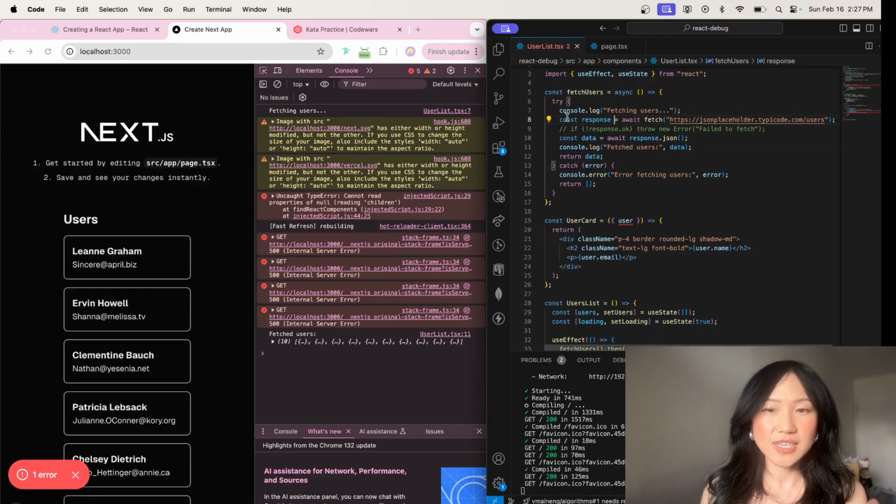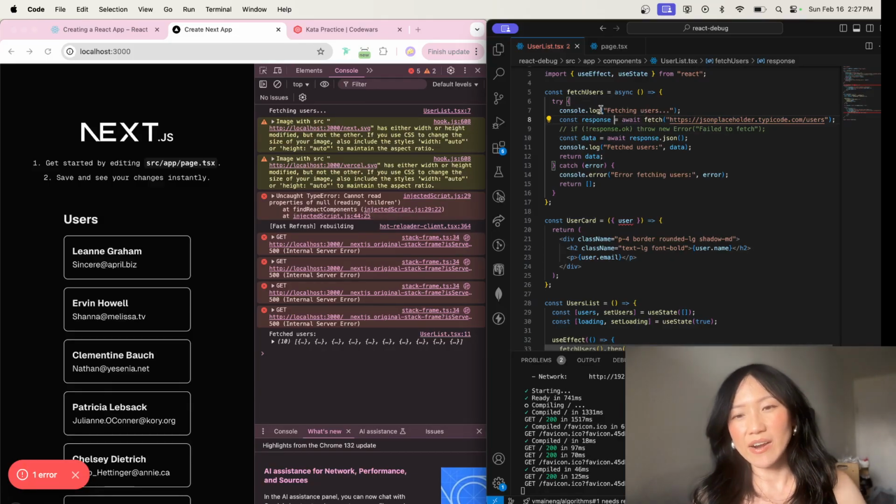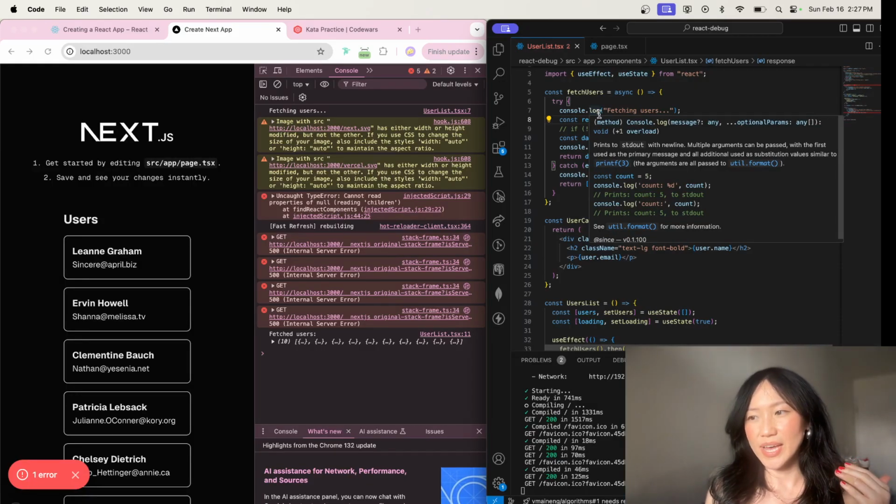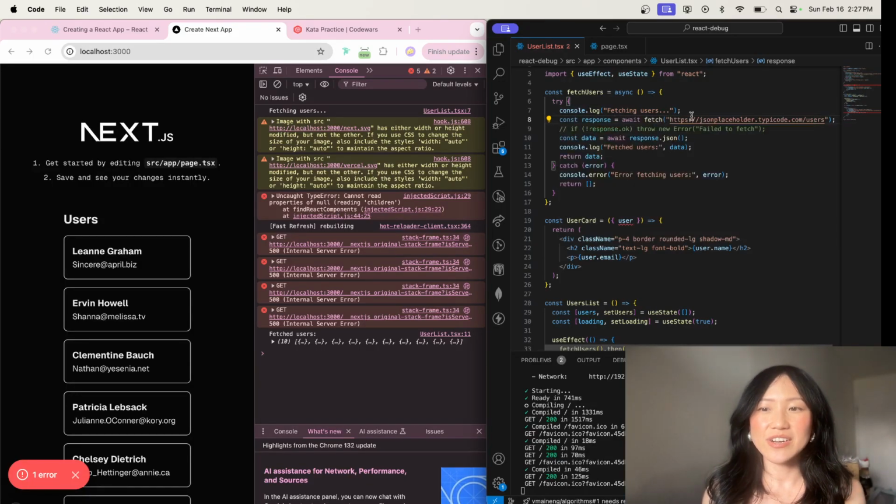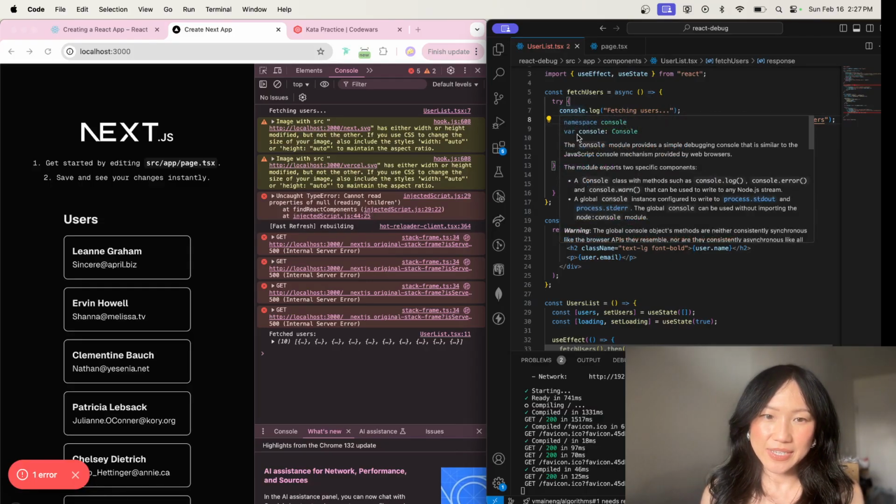Alright, so as you can see, it starts out with fetching users. So we know that our try fetch right here is going to start working right away. So our try is going with the fetching users, and then afterwards,